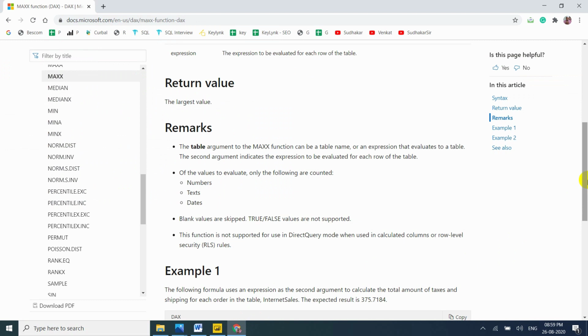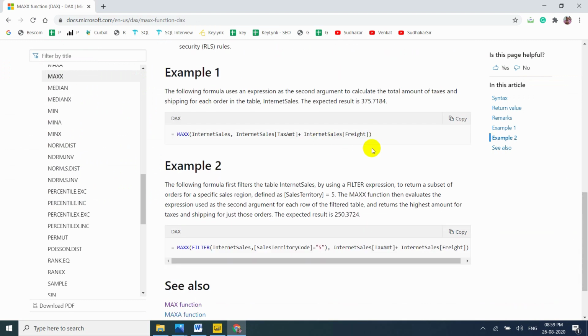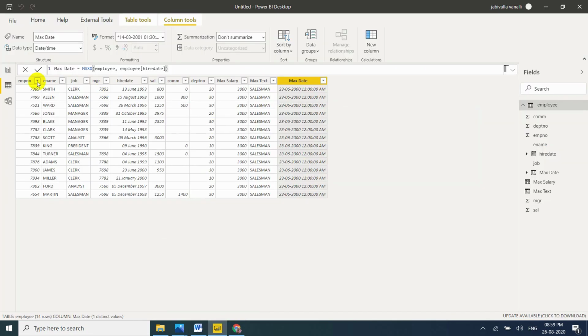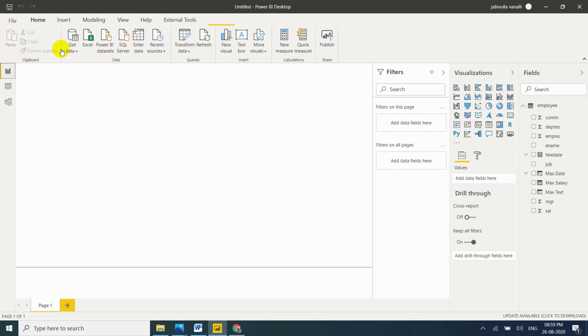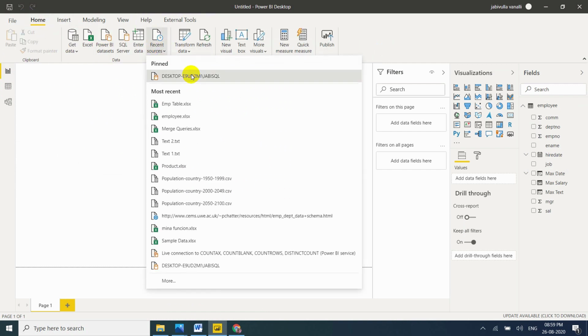Now I want to go for the Microsoft example. To work with this example, we need to take data from AdventureWorks. I'm connecting to my SQL Server. This is my SQL Server name.